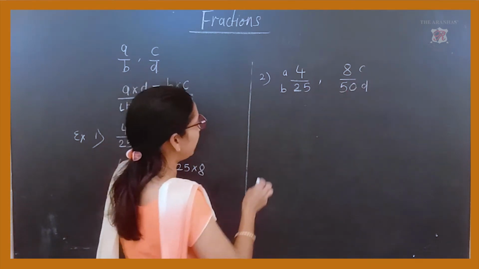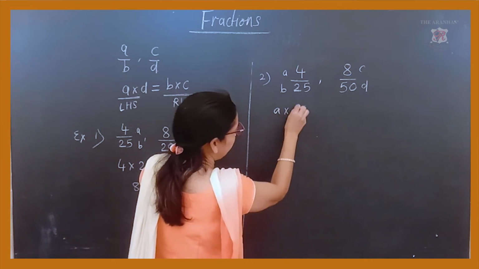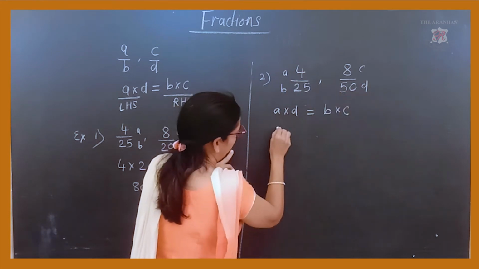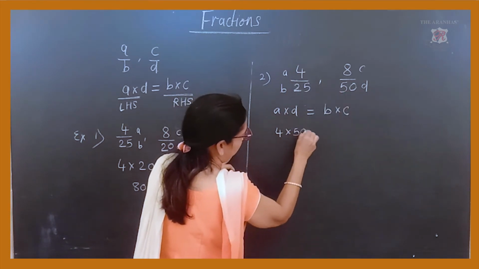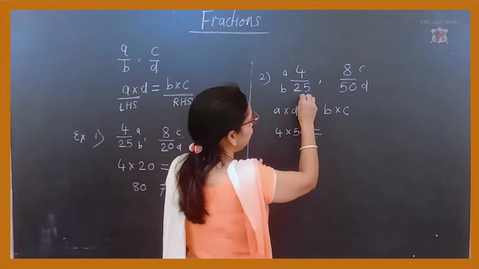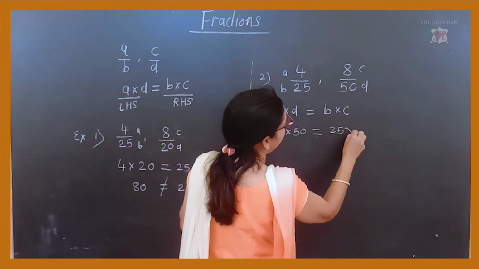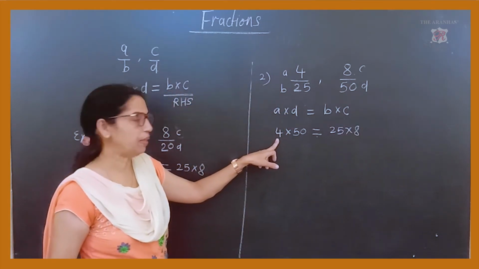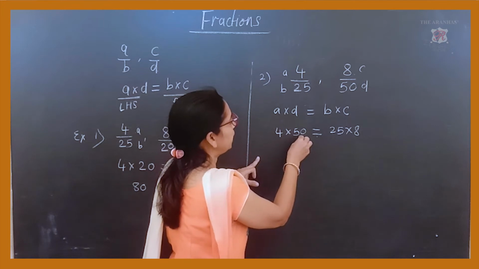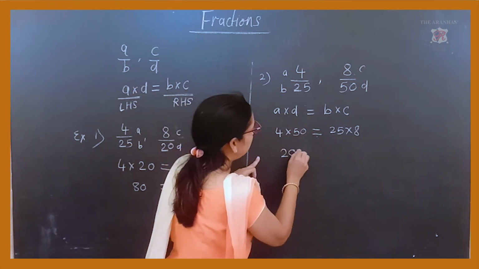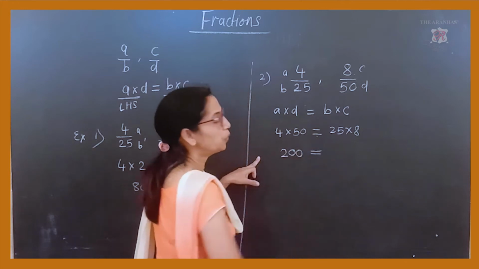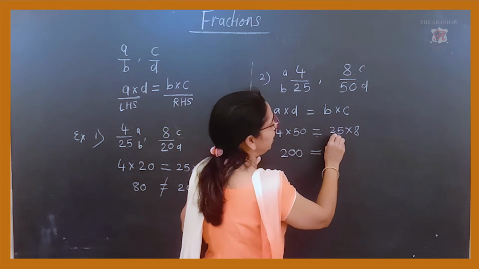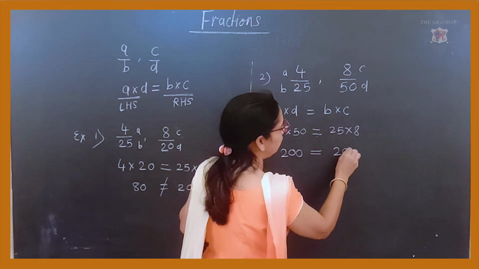By this rule, a into d is equal to b into c, means 4 into 50 equals 25 into 8. On multiplying 4 by 50, the left hand side answer is 200, and multiplying 25 by 8 on the right hand side, again you have the same answer,